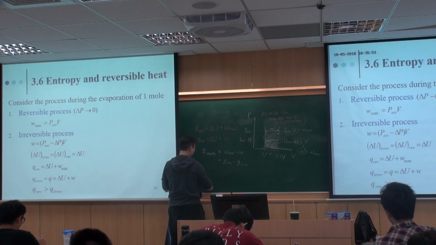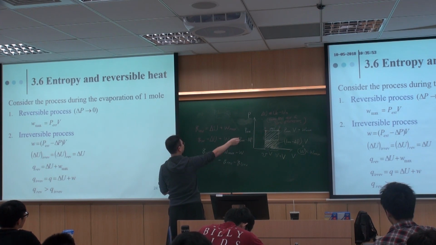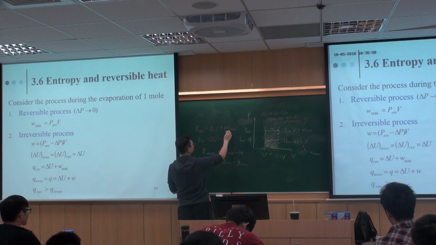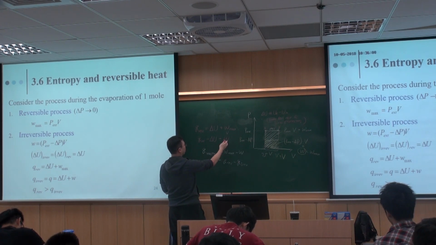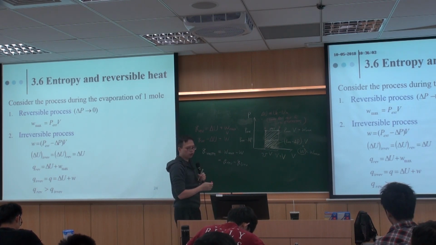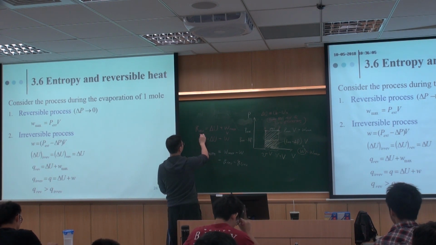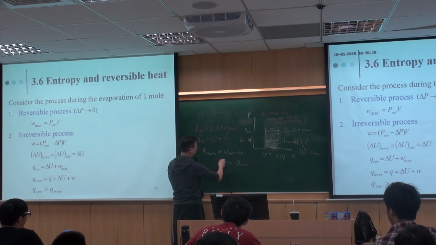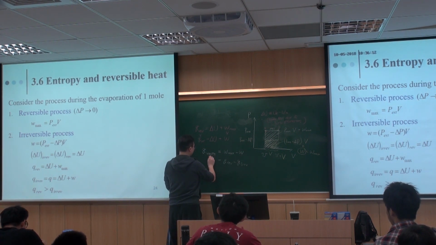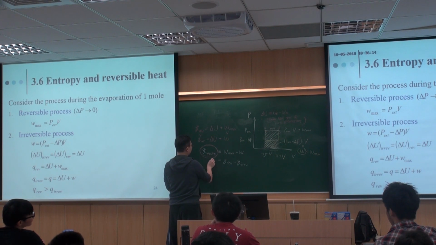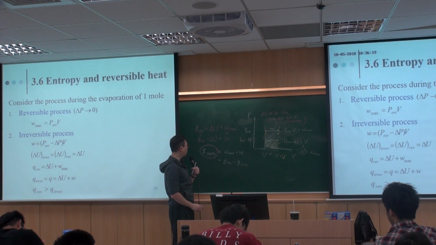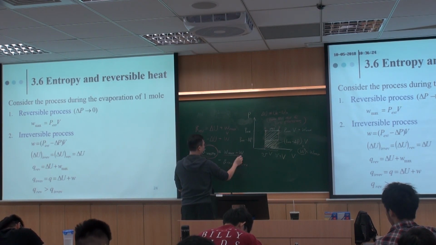Anyways, if you don't know, you can probably just memorize these two lines, and then you can compare and remember that work max is greater than the work for the irreversible process. Therefore, this is greater. And then if you move the terms around, of course, you can end up with something like this. But I just want to emphasize that this is the waste of energy coming from the work.